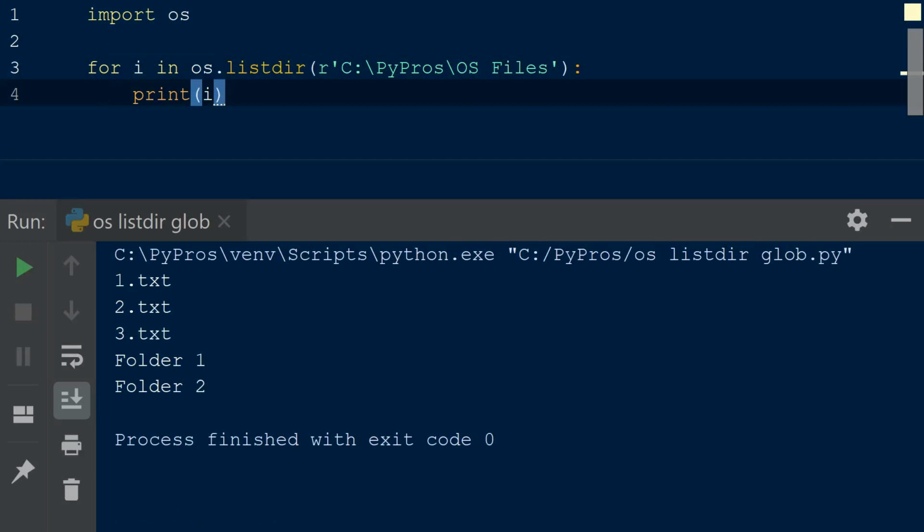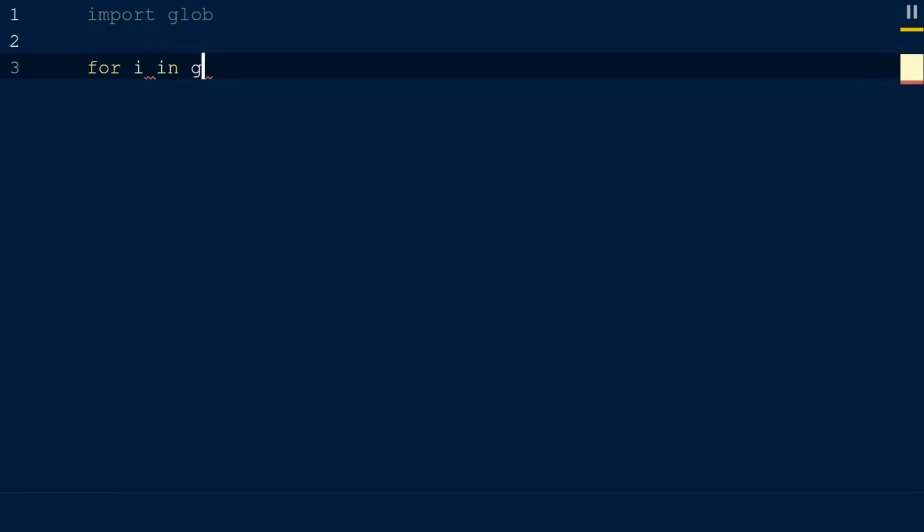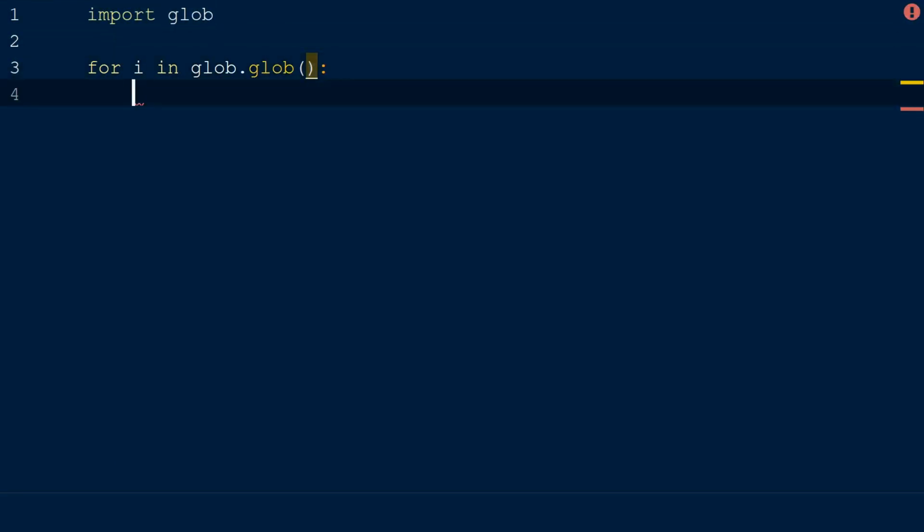Using the glob module allows much simpler ways for pattern matching and expansion, and gives us the ability to list full path names, or list files of a certain extension. Let's import the built-in glob module. We can construct a simple for loop similar to what we did with listdir, except that the glob method requires a path to be passed as a parameter.